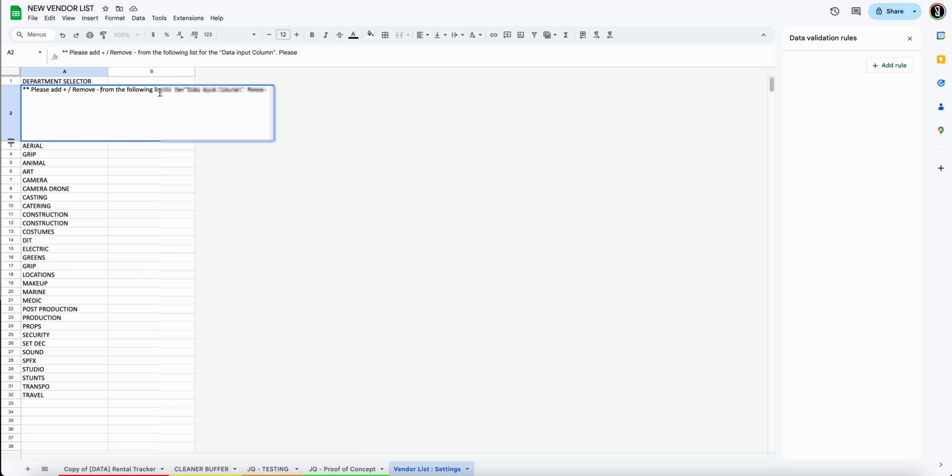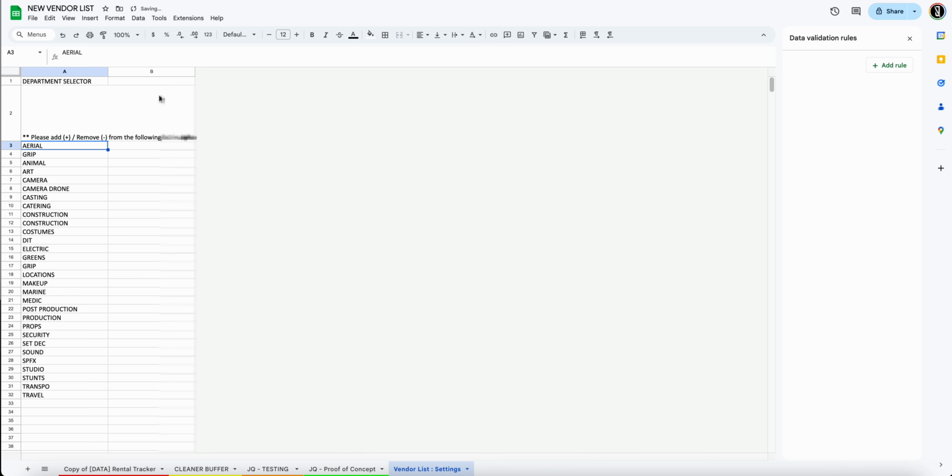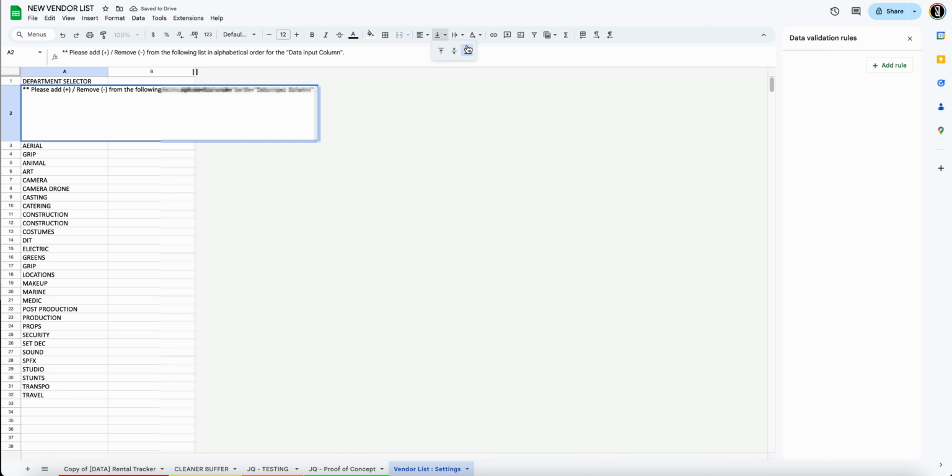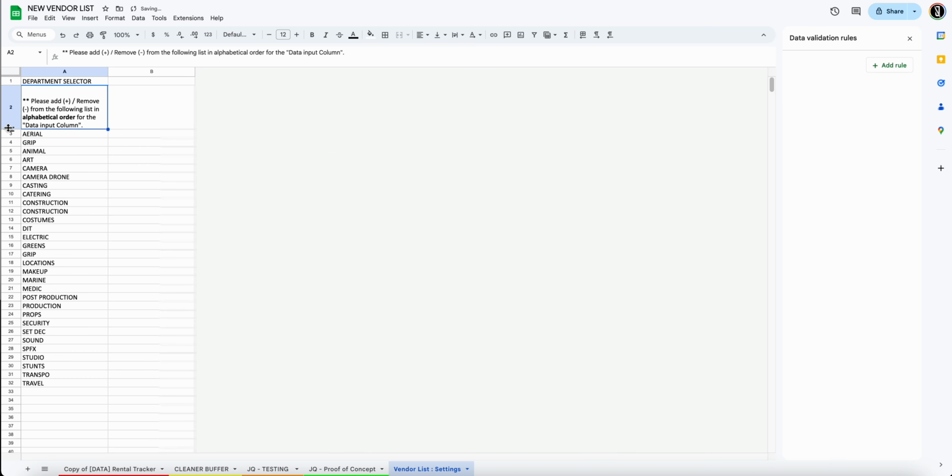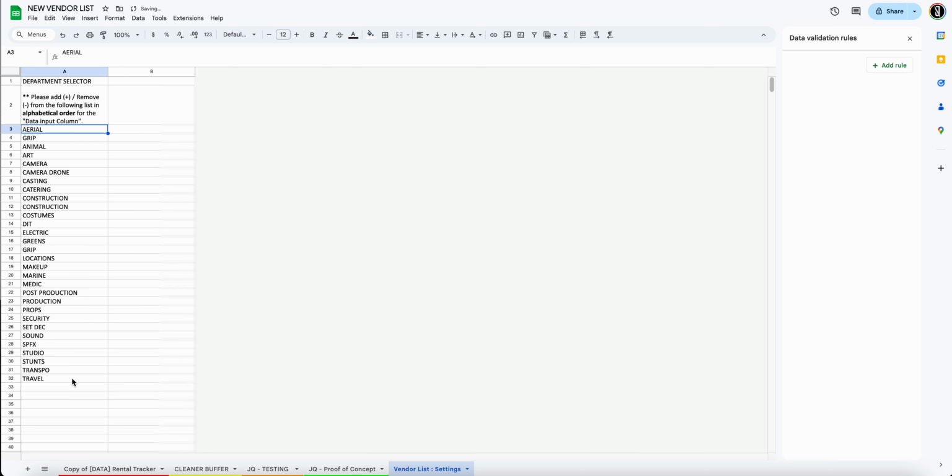Please add remove. I'm gonna do the symbols just so that people know. For the following list, I'm gonna put it in alphabetical order, and I'm gonna put this as bold for the comment. Boom. And I'm gonna make this text a little bit bulkier so that people don't have to really mess around. Okay, and then what I'll do here is, now that we have this, oh, I think I have two grip